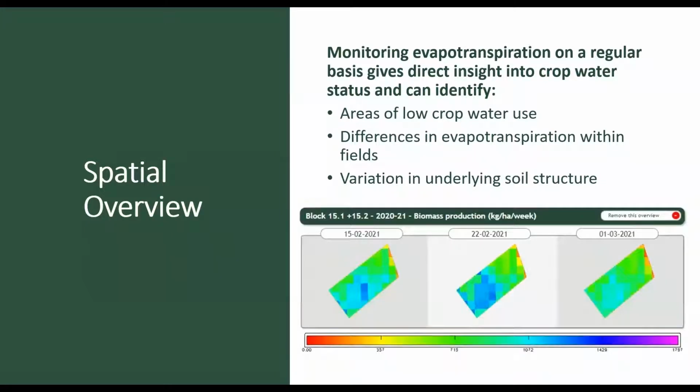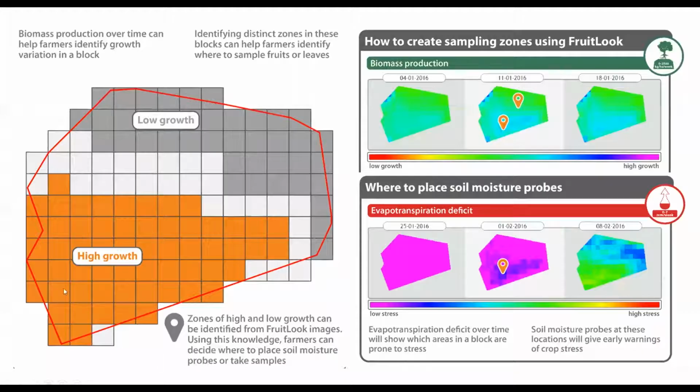This example block has two irrigation systems, but are managed as one. You can see that the bottom section's needs are fulfilled and are growing optimally, whereas the top part is lagging behind. Another application that can be seen in this example is to use biomass production in combination with ET deficit